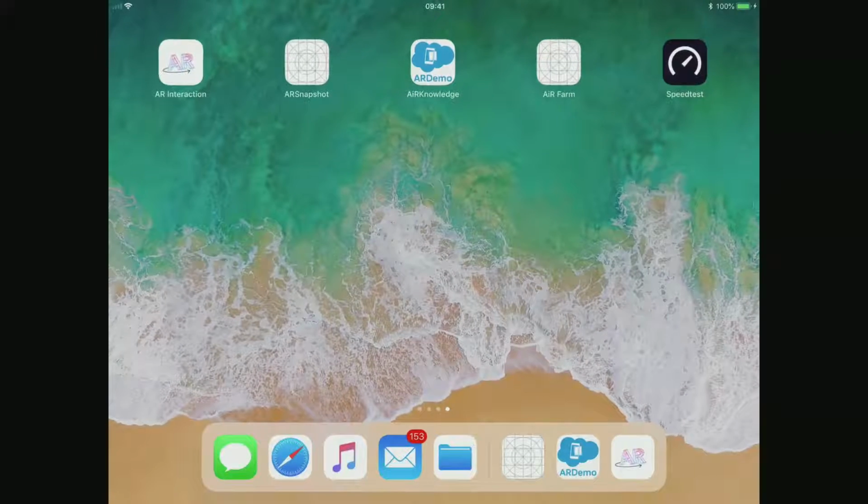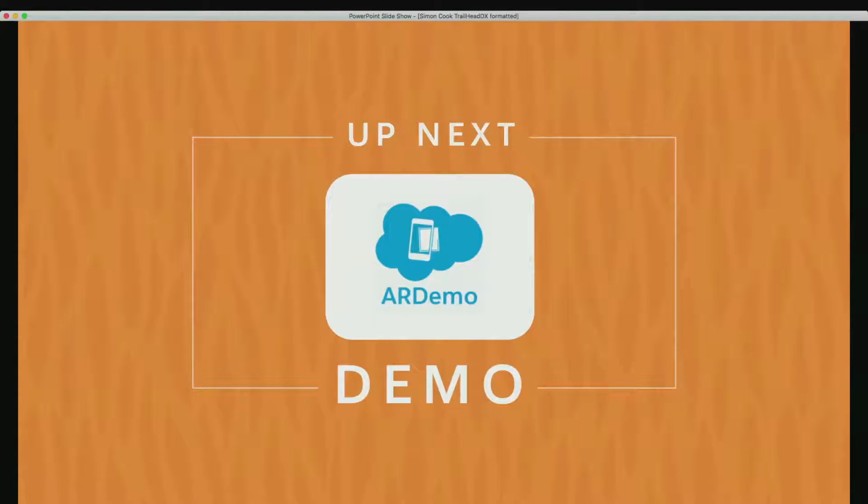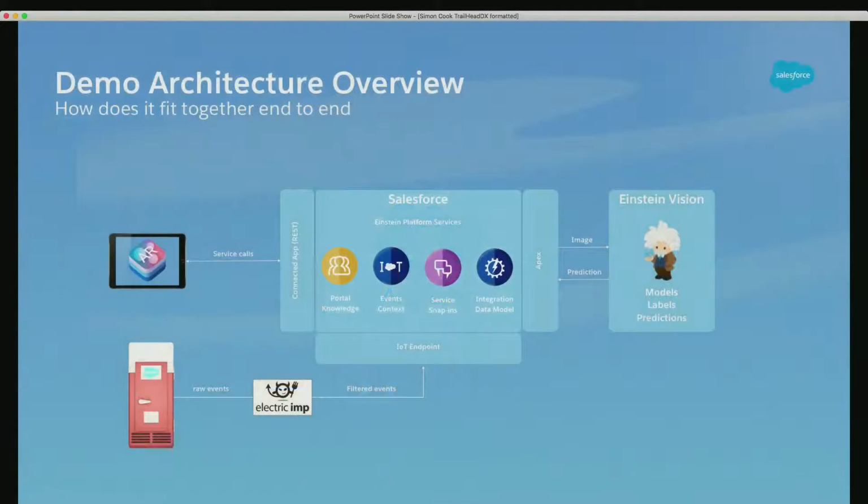So that's the demo that we built for the customer. Now let's have a look at how we actually built that. So what we did is we took the IoT use case at the bottom, assuming that we have a case that needs a field service engineer to be sent out. And then what happens is you have this journey where from the device, we